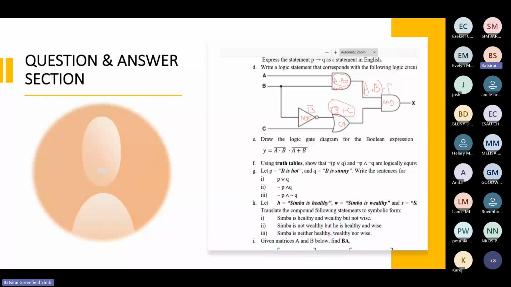So for this expression, our result will be x equals a dot b dot b negation plus c. So this is our logic statement. Then E here says draw the logic gate diagram for the Boolean expression y equals a dot b